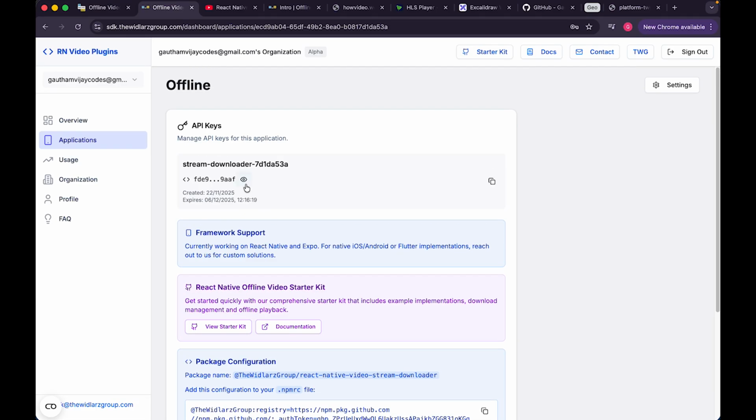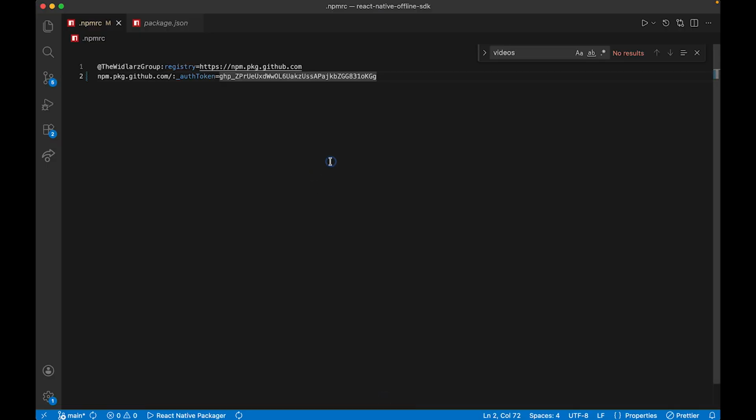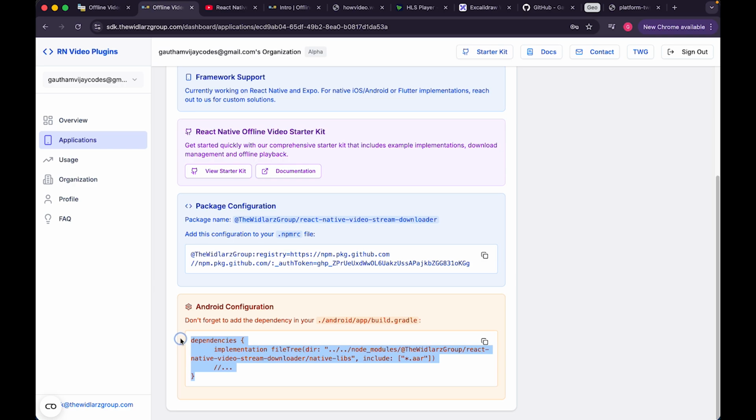So the second step, what you have to do is click on this and then grab your token, right? So keep this aside. The next thing what you can do is here you will have this .npmrc, right? So inside your Expo React Native project, you have to create a file called .npmrc and then copy this, right? Once you copy this, go here and paste it here,